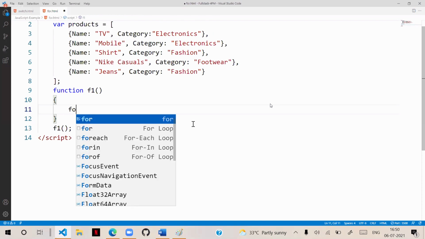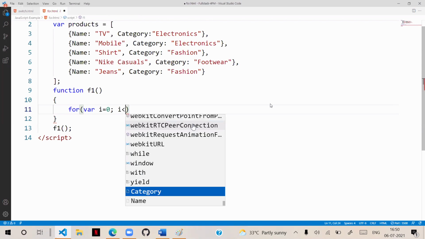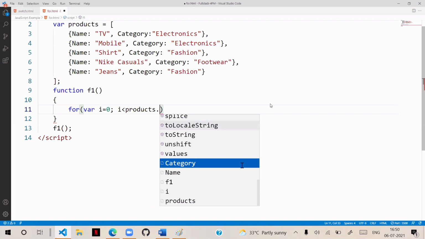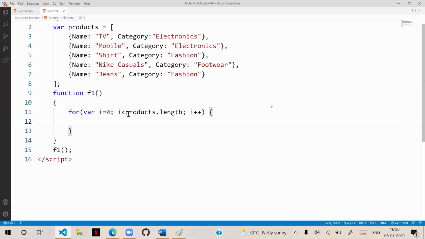That means we are writing a for loop where i is equal to 0, i less than products length, reading every item and defining it. Now, generally, what happens in this is we are reading up to the end. That means how many items are there? It will return 6. Products length is 6, i less than 6. It starts with 0, so 0, 1, 2, 3, 4, 5. Up to 5 it will come and stop.